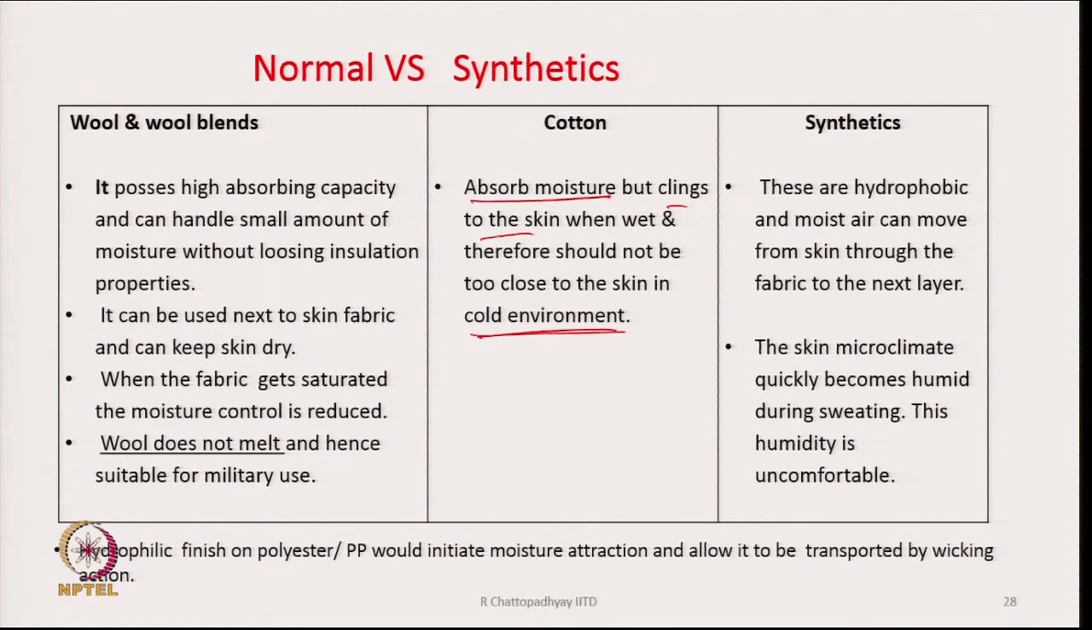Wool and wool blends possess high absorbing capacity and can handle a small amount of moisture without losing insulation. It can be used next to the skin and keep the skin dry. When the fabric gets saturated, the moisture control is reduced. Wool does not melt and hence is suitable for military use. That is one of the very important points, in case of fire,